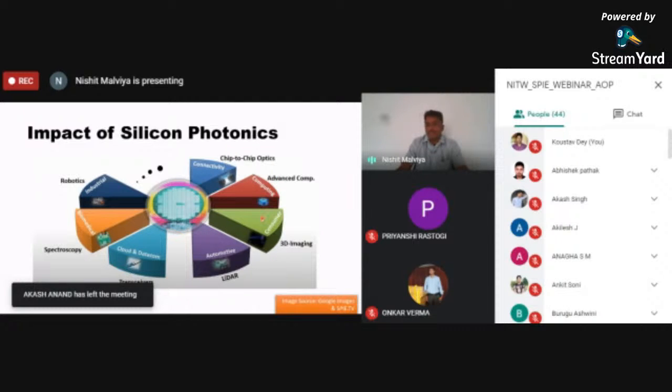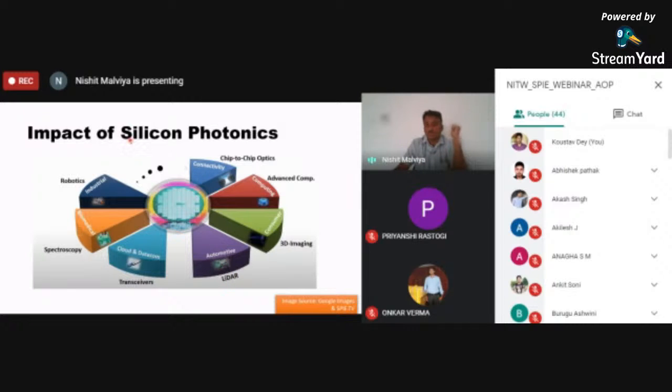On the consumer level, 3D imaging is also there. Nowadays image processing is very popular, so silicon photonics impacts that industry also. You have heard a lot about lidar. Just like radar, there is lidar. In the automotive industry, for the army, and for security and defense purposes, lidar is very important. One more example is the auto driving car, which also utilizes lidar technology.